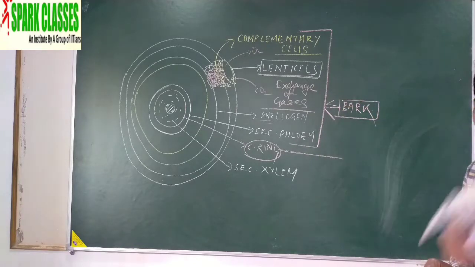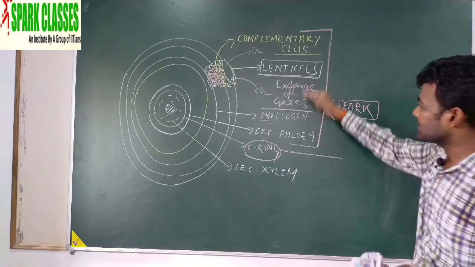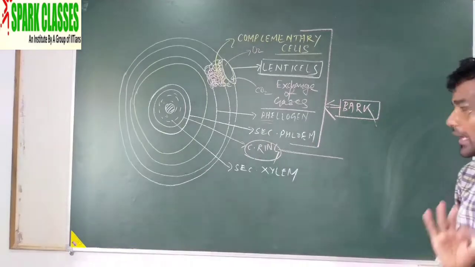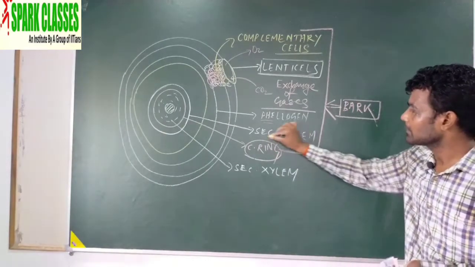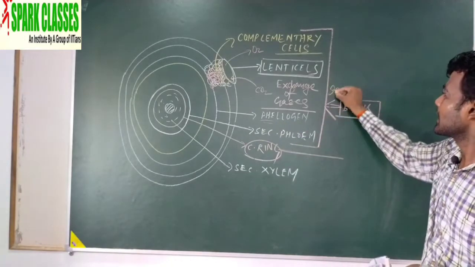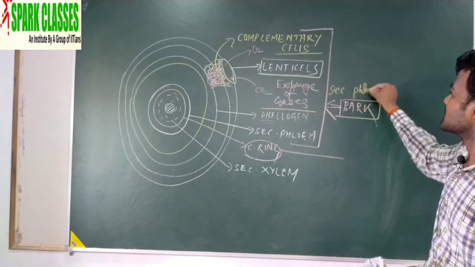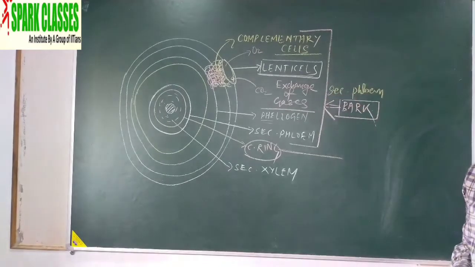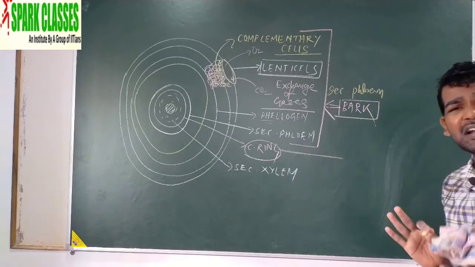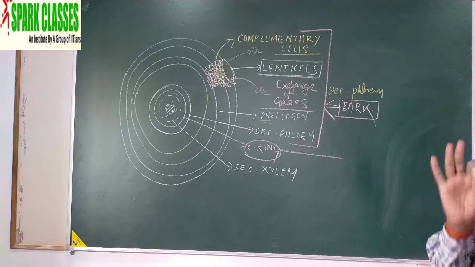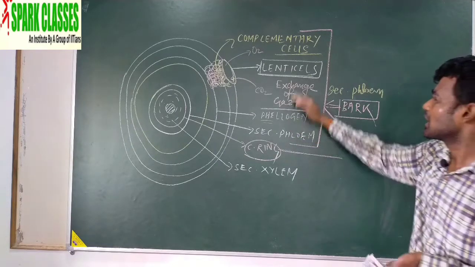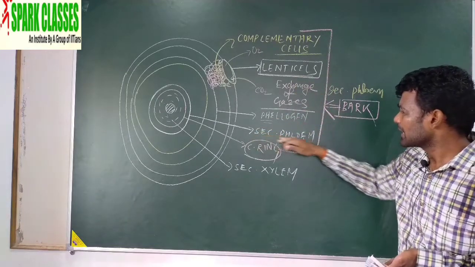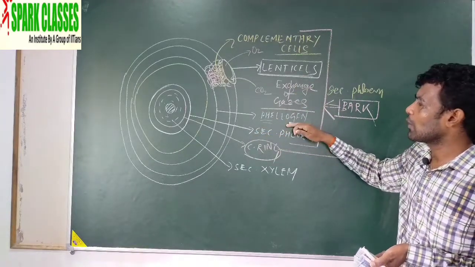Then what is included in bark? Write serially what is present in the bark. Outside the cambial ring, first the secondary phloem will come. Then after the secondary phloem, there are layers like pericycle and endodermis, but these layers are not important. Pericycle and endodermis generally get degenerated when these layers are formed. So, secondary phloem. After secondary phloem, what will come?